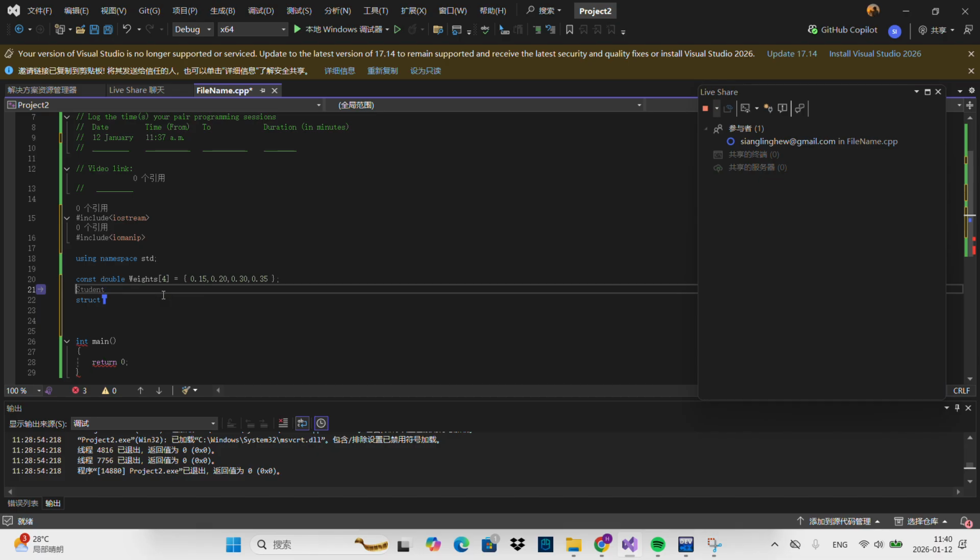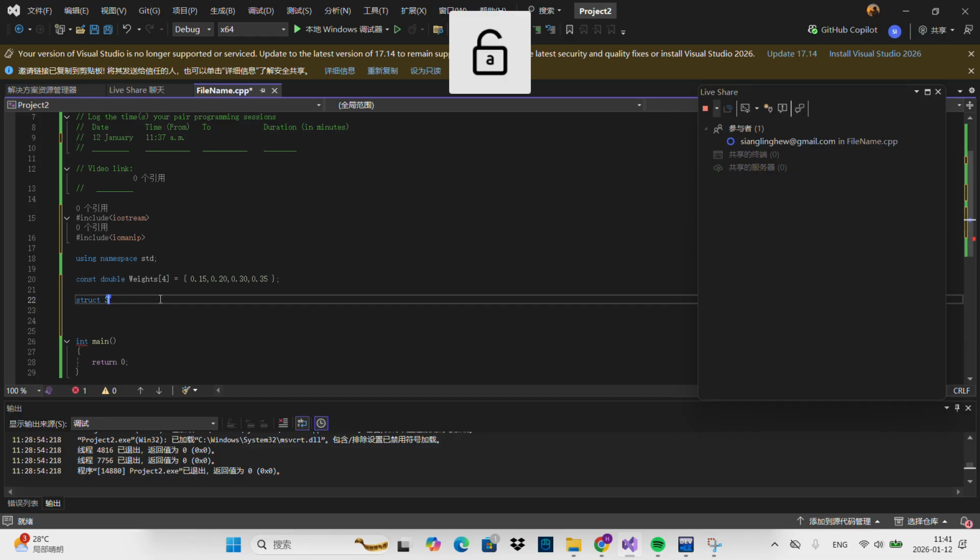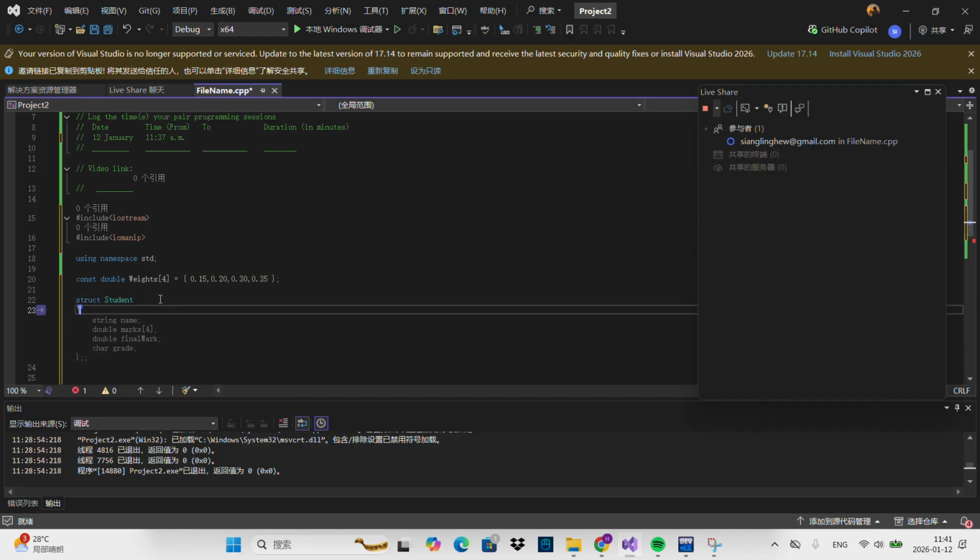And then we name it student because it's for student, right? Capital letter at the first, and then open bracket like the function, yeah. And then we got three variables. First is string name,